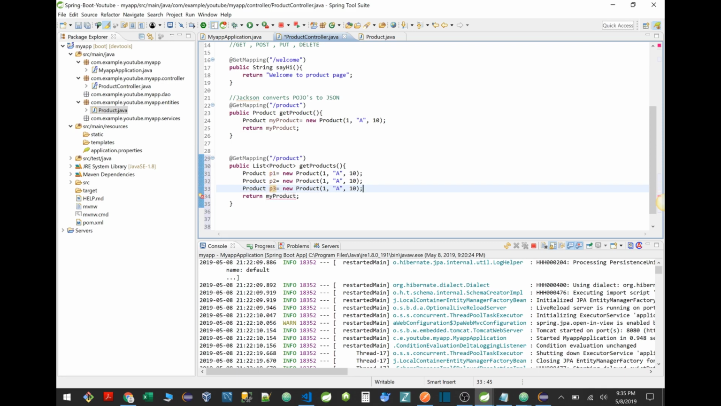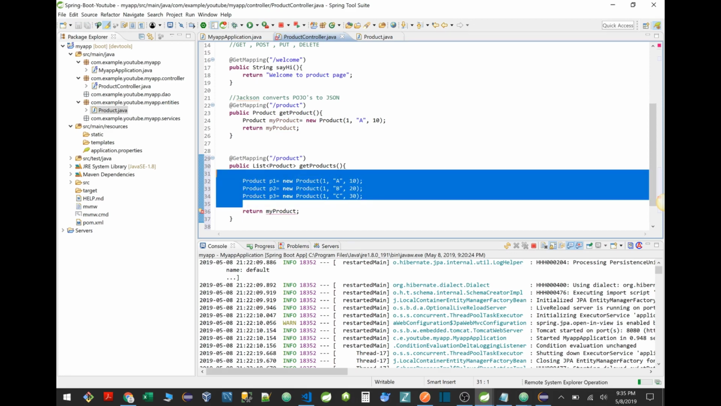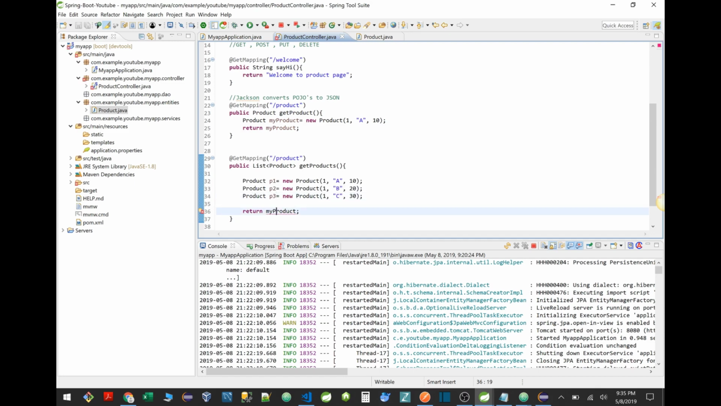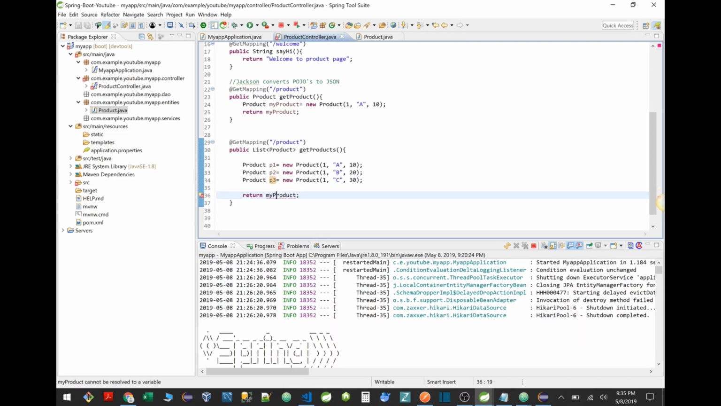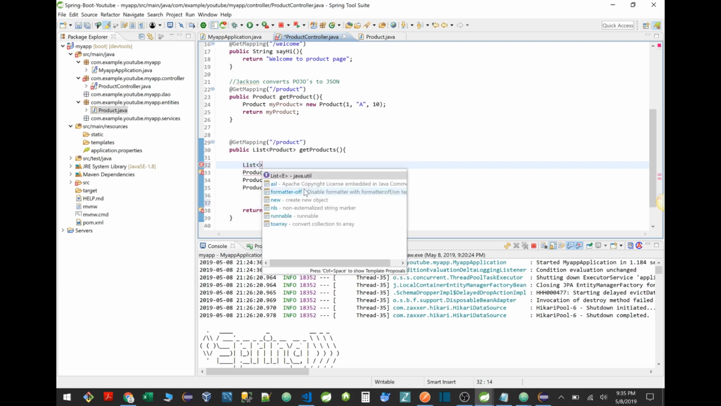I could put this in a static block, so when I construct an object, I don't have to rebuild this product. But for now, we're just going to go ahead and initiate them in every single method. I know I'm duplicating the code, but the point here is just to understand, because we're going to move these to a database by the end of this video. Now you can see I have 3 products. So I'm expecting to have a list of products,